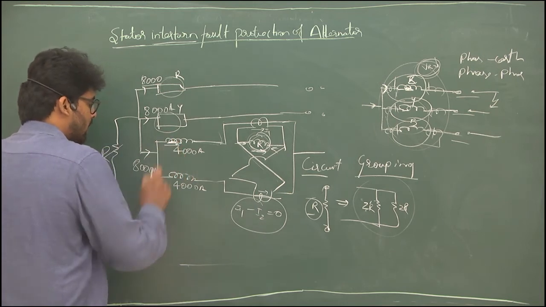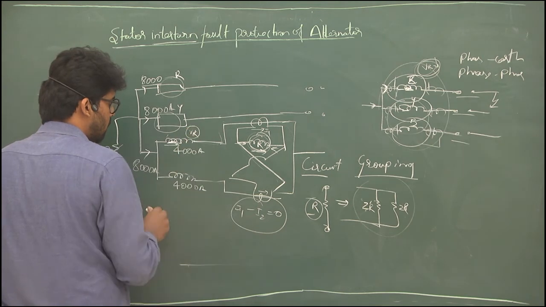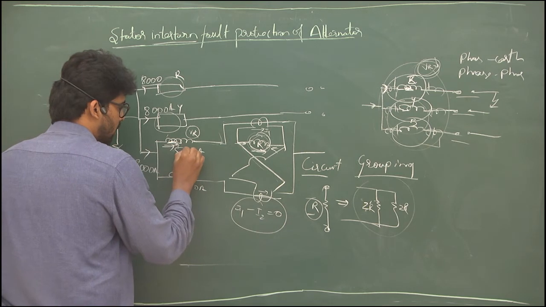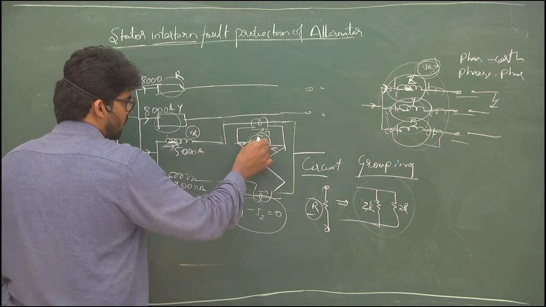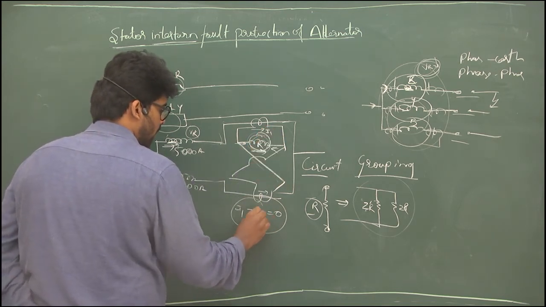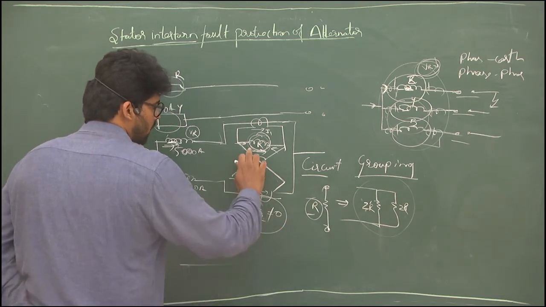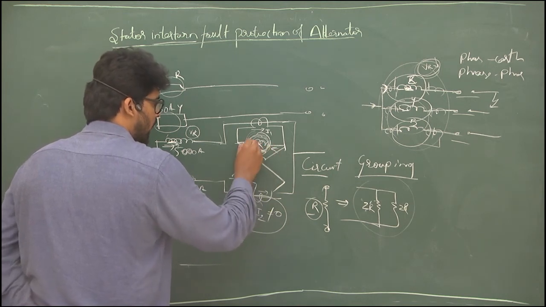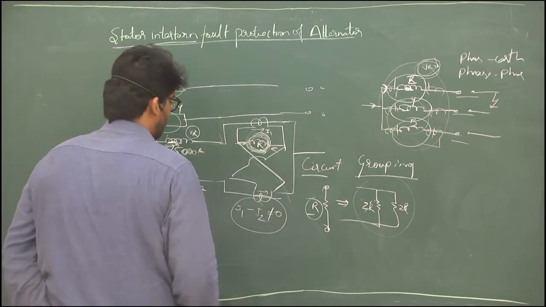If the fault occurs at this junction, there will be a reduction in the voltage. If there is a reduction in voltage, high current will flow, let us say up to 5000 amps will flow, and this 3000 amps will flow. And at the secondary of the CTs we'll have current I1 higher than I2. If I1 is higher than I2, then I1 minus I2 will not equal 0. There is a possibility of current flowing in the coil, and if current flows in the coil, the relay will operate. So this is the thing.